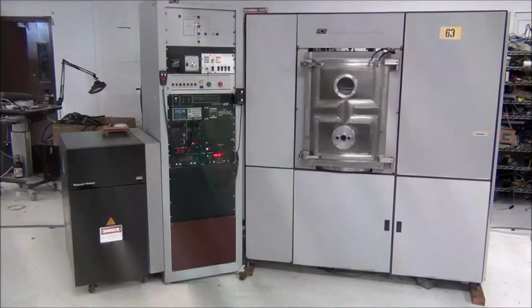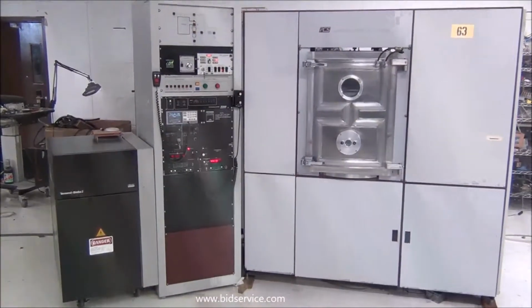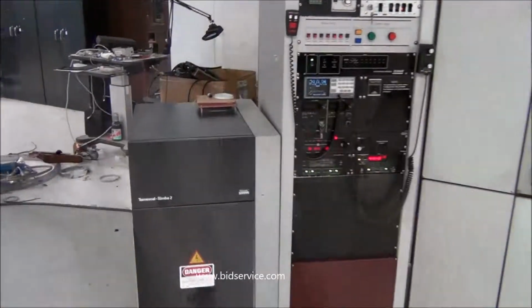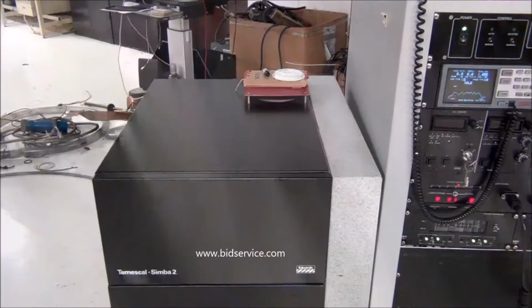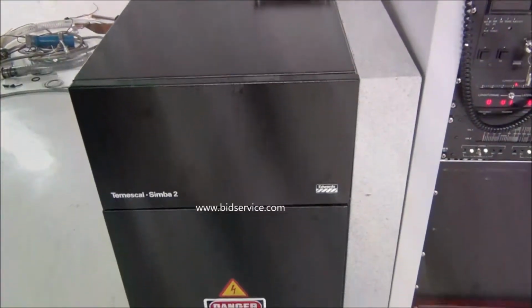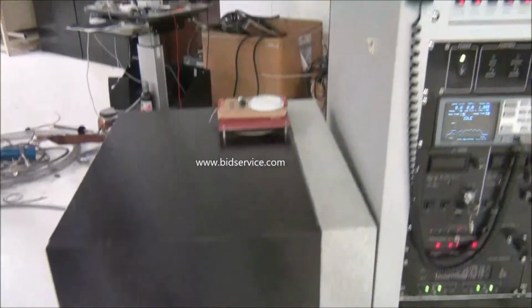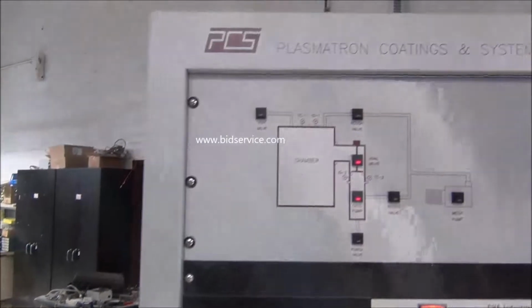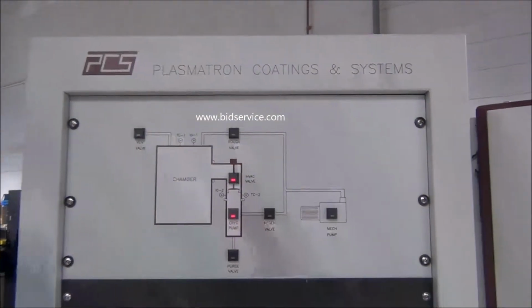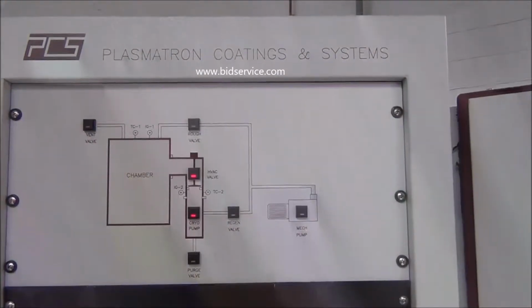This is the demo for the Plasmatron Ebeam gun evaporation system. Right here is your Systeme 2 power supply for the Ebeam gun. Here's your control rack. This right here is your valve display to tell you what valves are on or off